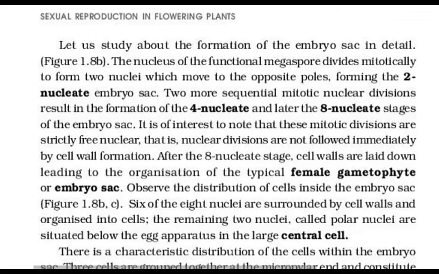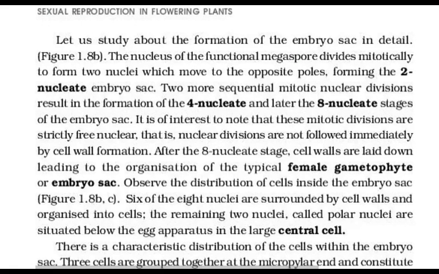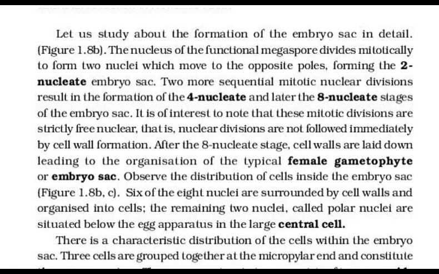Let us familiarize ourselves with the structure of a typical angiosperm ovule. The ovule is a small structure attached to the placenta by means of a stalk called funicle. The body of the ovule fuses with the funicle in the region called hilum. Thus, hilum represents the junction between ovule and funicle. किसके बीच का जंक्शन है? ओव्यूल और फ्यूनिकल के बीच का। Clear? जंक्शन है ओव्यूल और फ्यूनिकल के बीच का hilum.